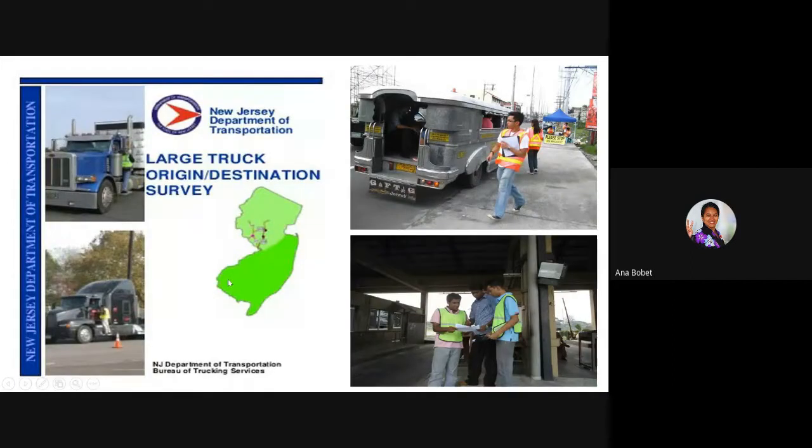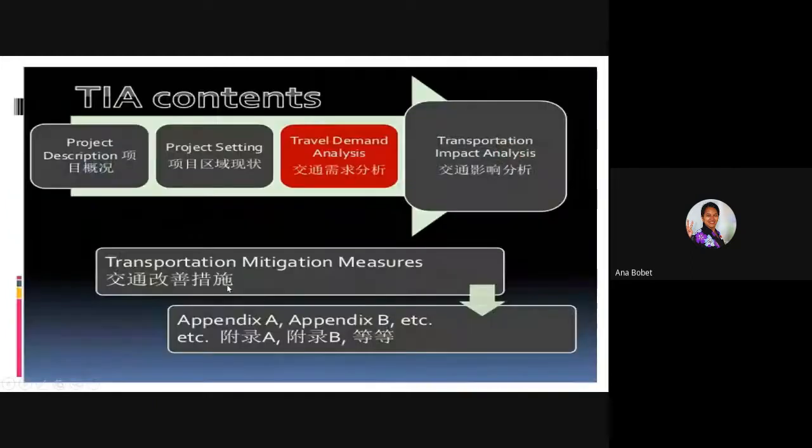Now, why do we need the origin destination survey? It's because that is where we do travel demand analysis, this red part. Travel demand analysis is important for us to know where people need to travel. And this analysis is part of what we call the impact assessment, traffic impact assessment or transportation impact assessment. So traffic impact assessment will be related to the project setting, travel demand process, transportation impact analysis, and mitigation